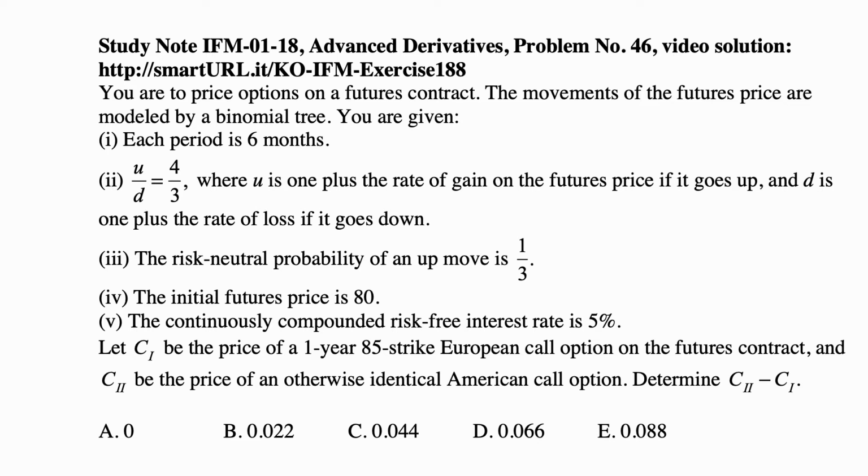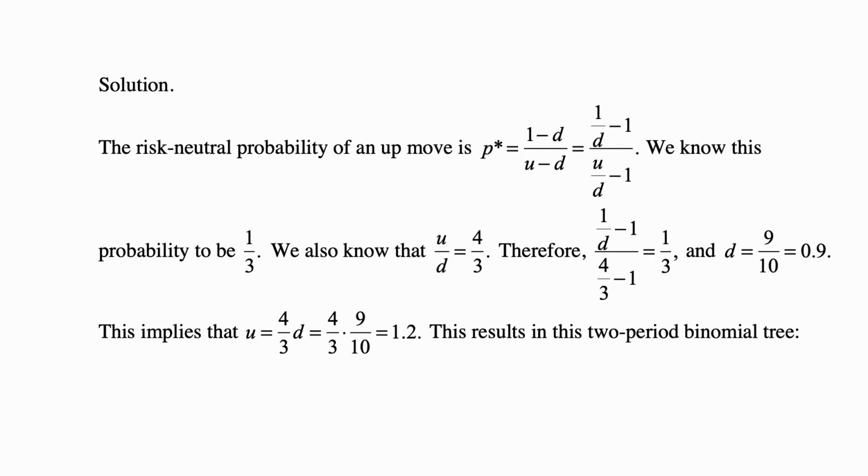The continuously compounded risk-free interest rate is 5%. Let C1 be the price of 1-year 85 strike European call option on the futures contract, and C2 be the price of an otherwise identical American call option. Determine C2 minus C1. So the risk-neutral probability of an up move is P star equal to 1 minus D